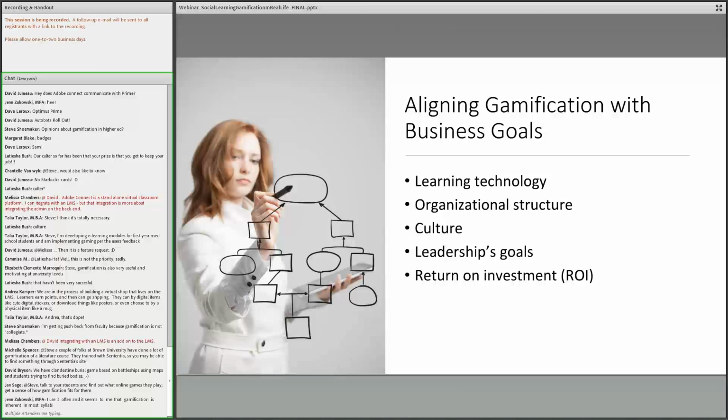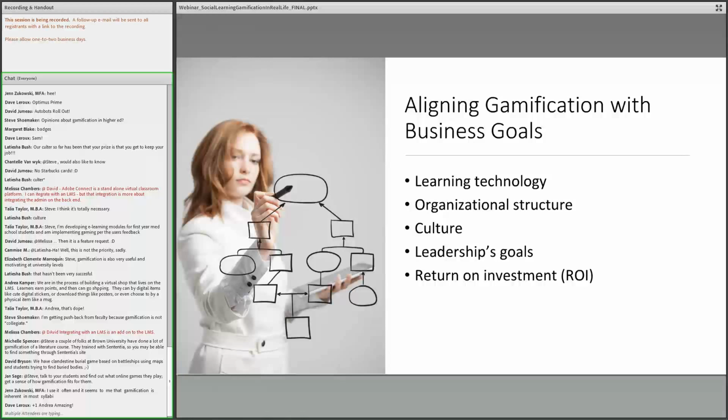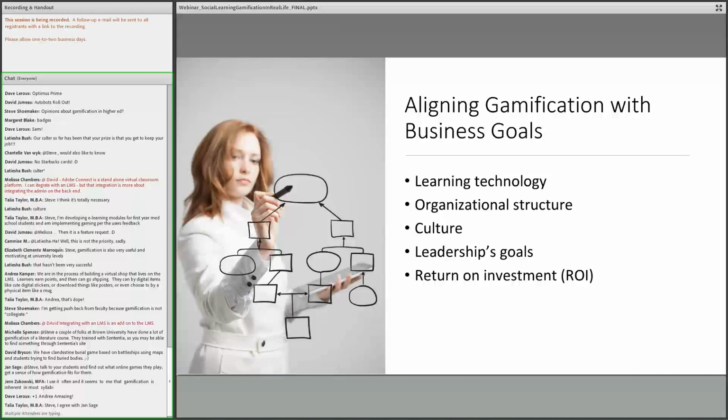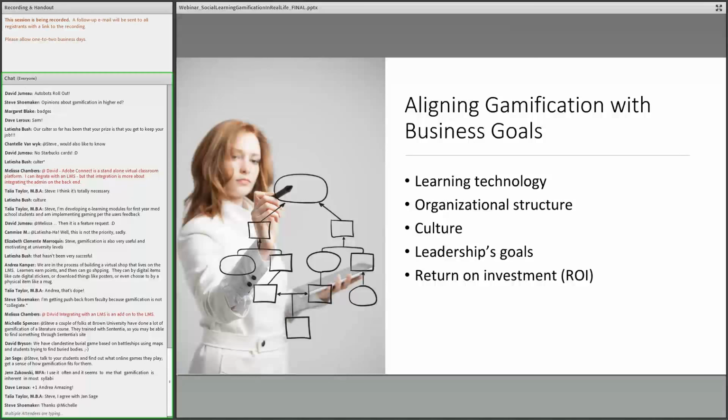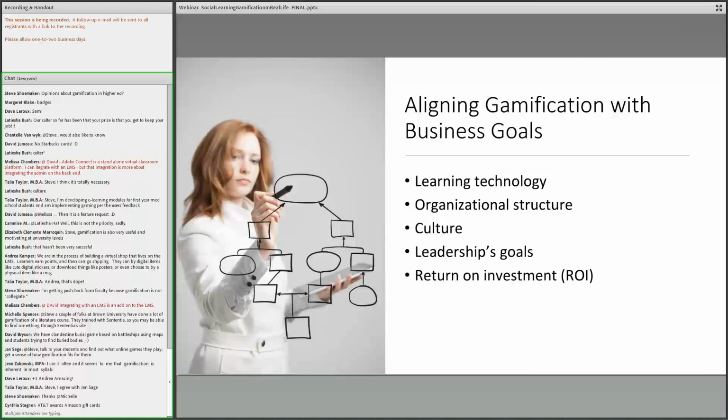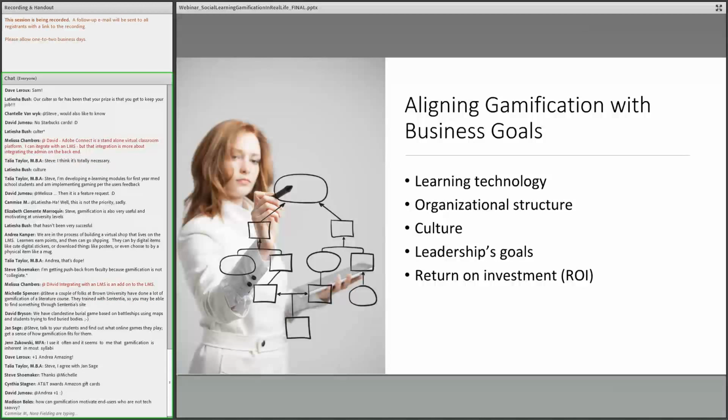All right, so culture. Culture is another thing that determines how you align gamification. For instance, and I use this in my other webinar, I come from legal. That was part of my training management background. The concept originally was that attorneys were never going to be interested in gamification because they're too busy and too highly paid and so on.